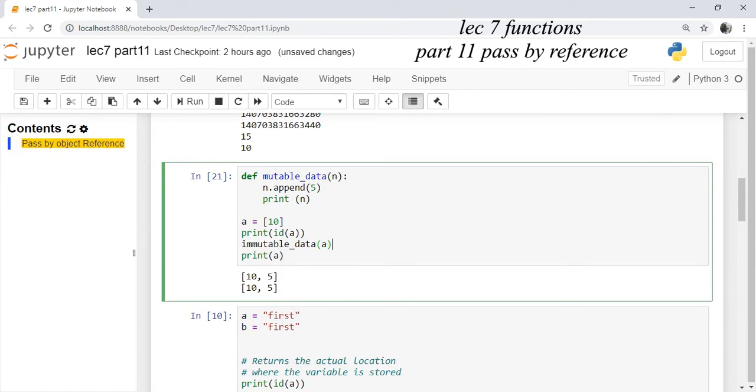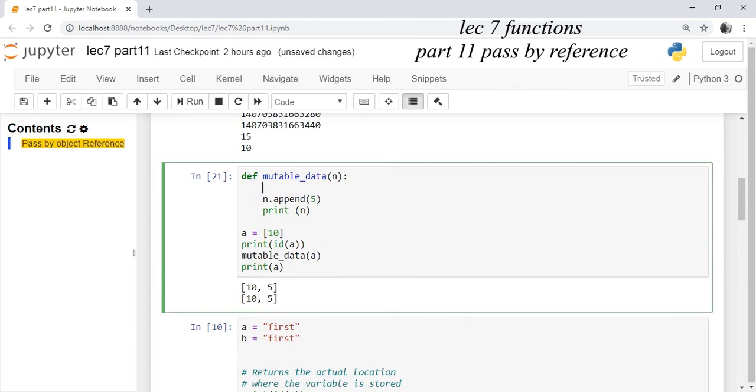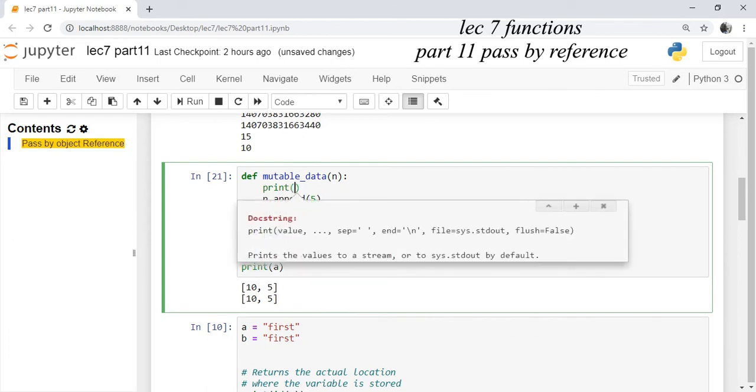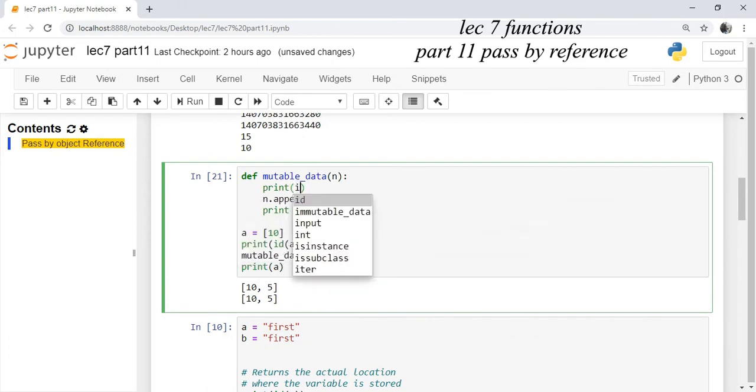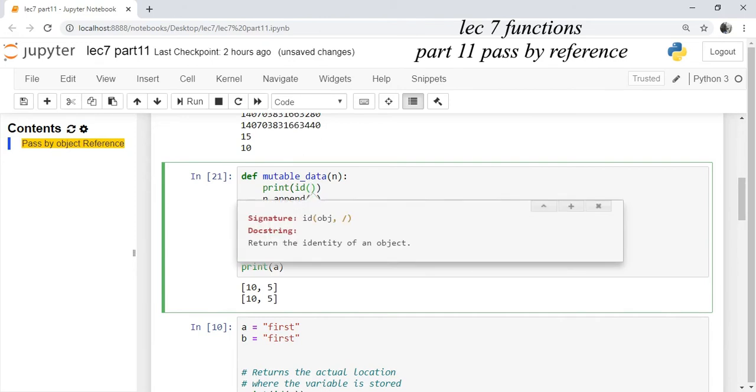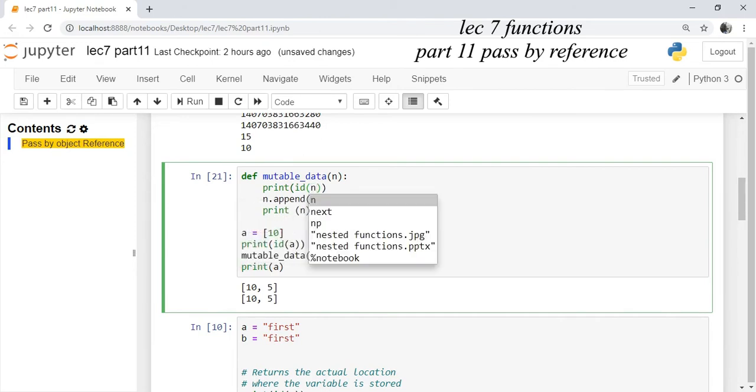Now this A is passed to the called function and it is accepted as reference N, means N is also pointing to the same list object with 10. We print the ID of N to cross check. This ID will be the same because they are pointing to the same memory location, the same object having two different names, therefore pass by alias. We print the ID of N, and the output should be the same for A and N.